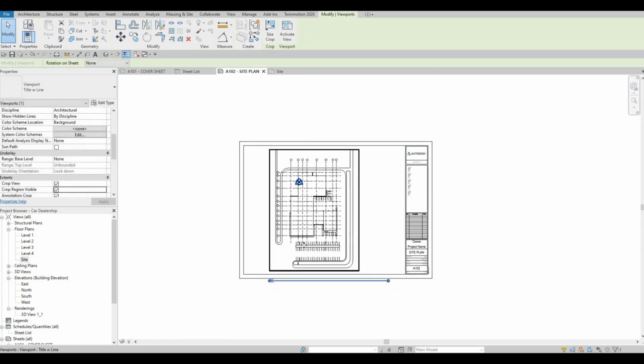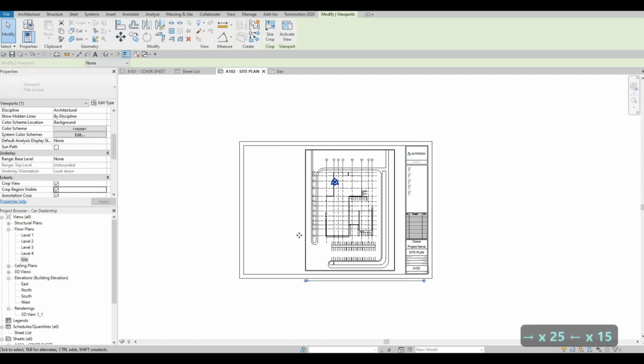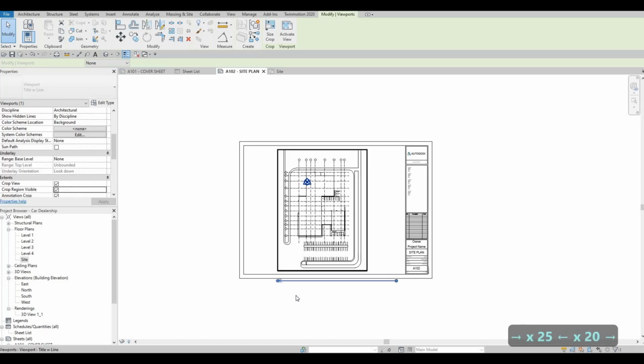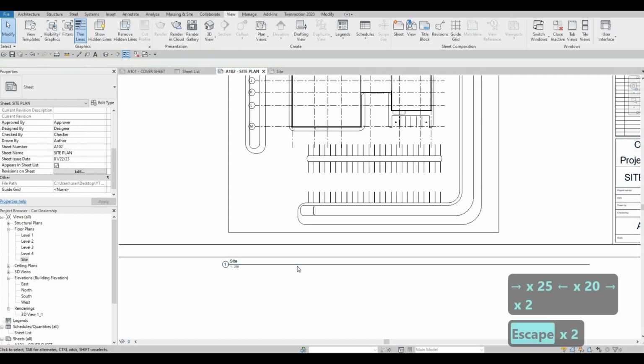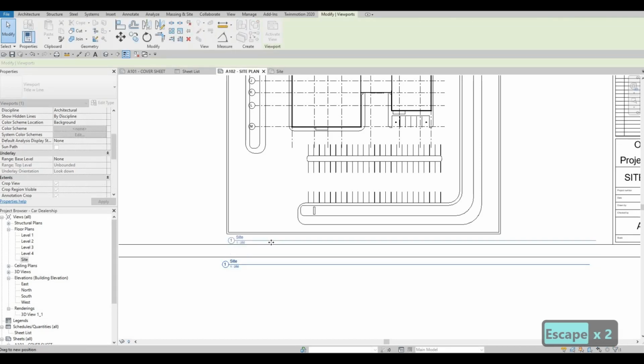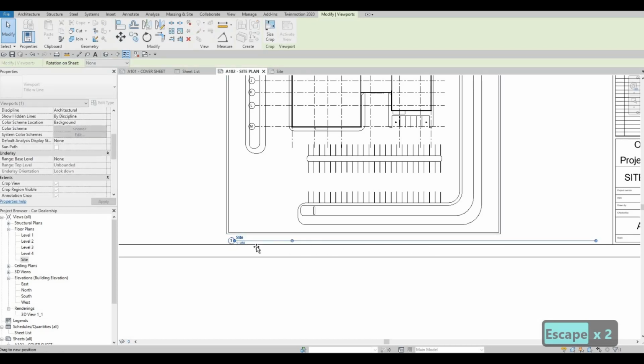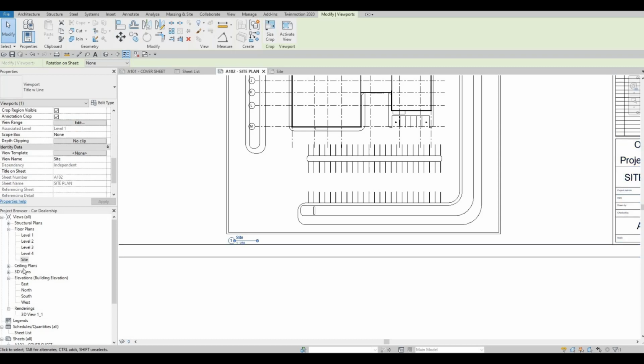And then we just need to put this one right here in the middle or in the corner or whatever. You can put it right here in the middle. And then we need to just fix this one. Press escape, select this one, and then move it by itself. Select this one again so that this one will need to be changed. I want to put site plan. I don't want to change this name, but I just want to change this one. So site plan,